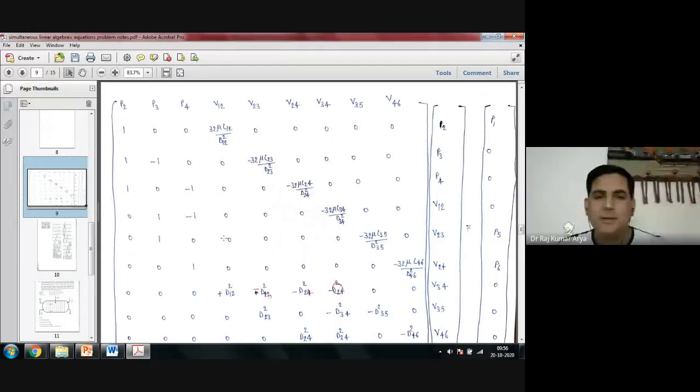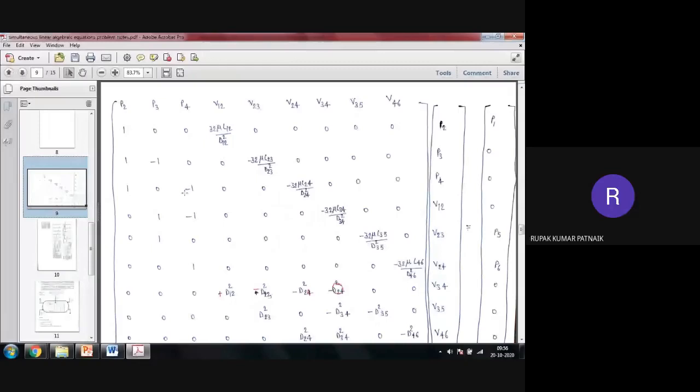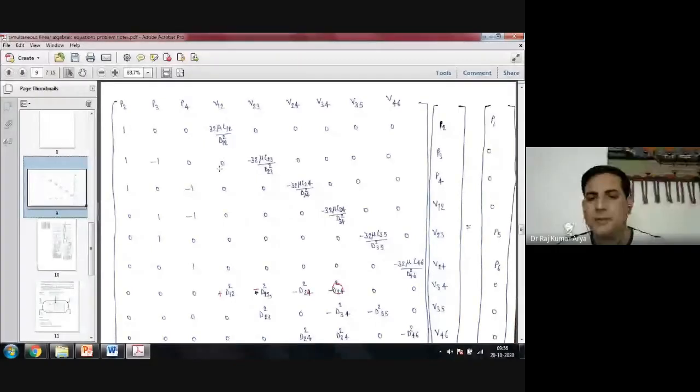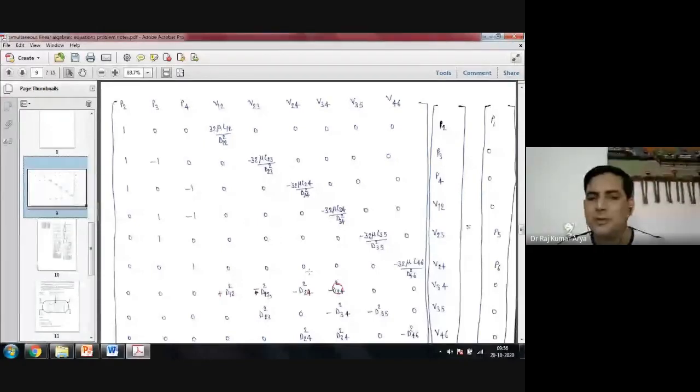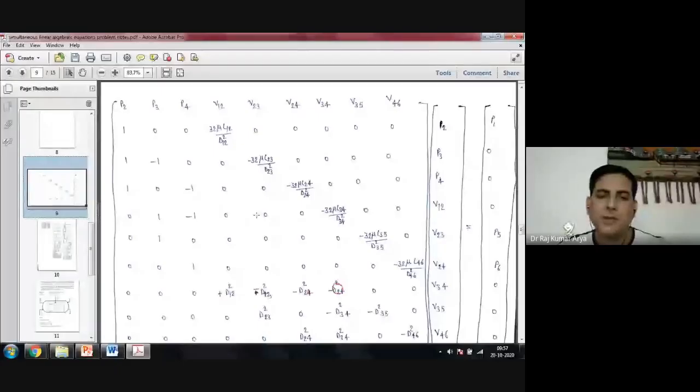3 3 is this कौन सा है? This is 3 minus 1. This is 3 3 minus 1. 4 4 is 0, 5 5 is 0, 6 6 is 0. Yes or no? तो जीरो वाले टर्म से अभी should never focus. MATLAB can automatically define a matrix element 0 if you are not calculating that. That is the easiest part. So you should never focus on the 0 part.